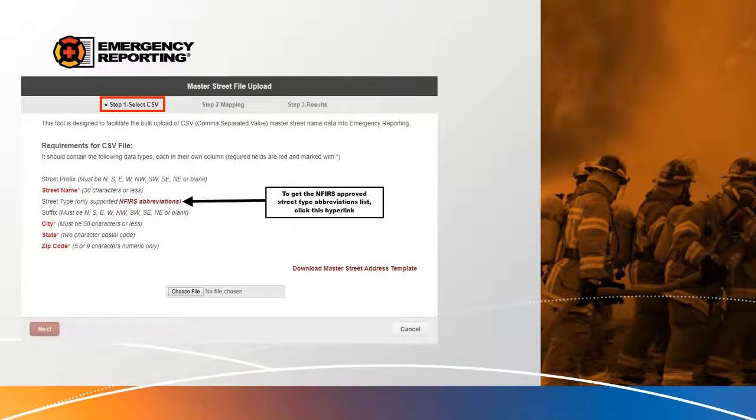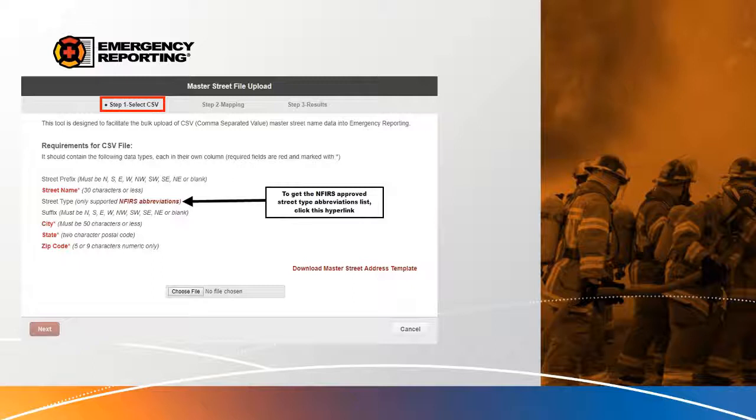So the master streets import is another one that's customer facing. It's going to be listed actually not in the import section of the admin module. It's listed on the right hand side of the admin module under drop downs. So if you guys would like to have a street list loaded into your account, basically that kind of autofills.